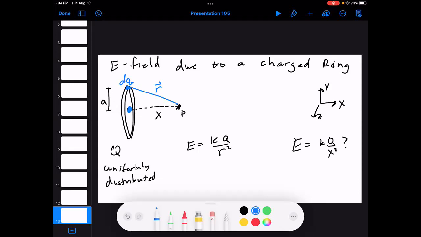If I put it in a ring, I've moved the charge further away. And so this equation won't work because that'll be too big. Okay. Since we can't take the easy route out, which you should always try for first,